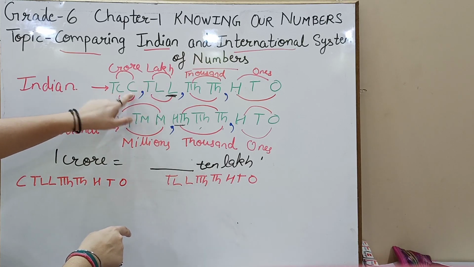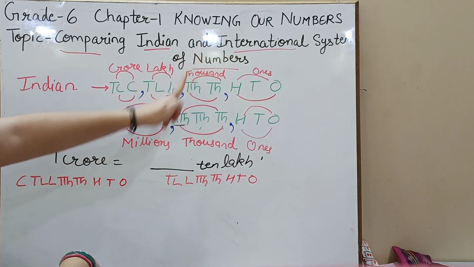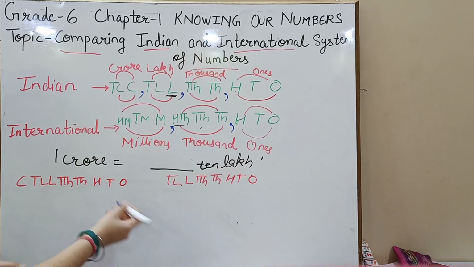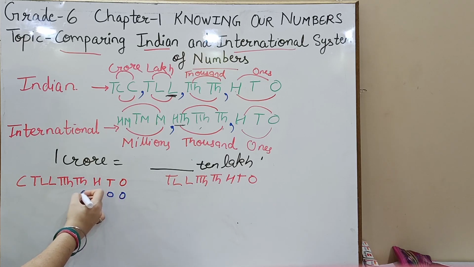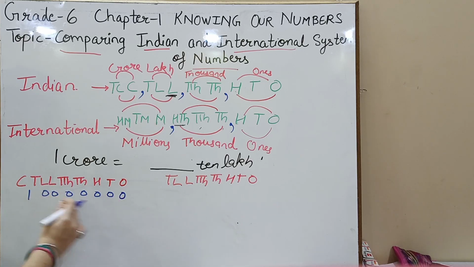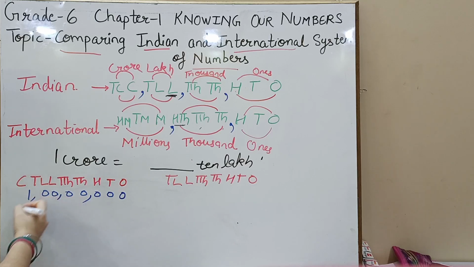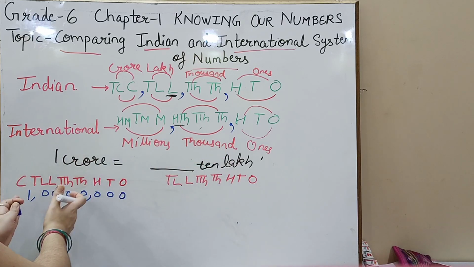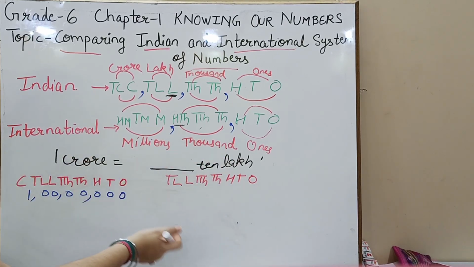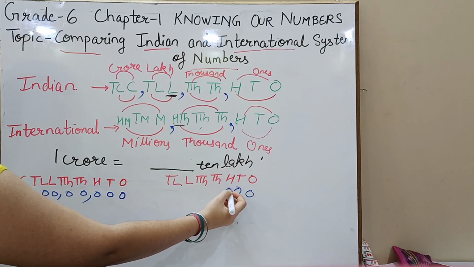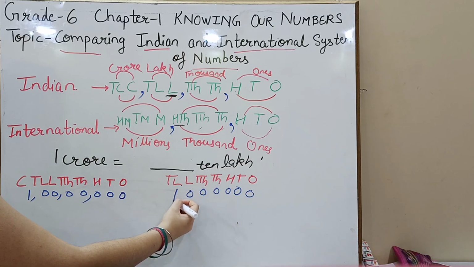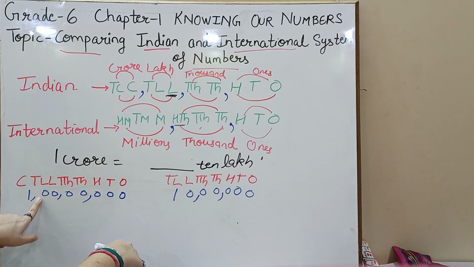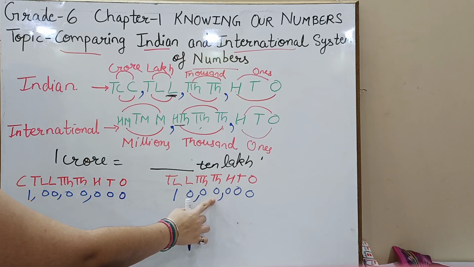अब 10 lakhs को हम किससे मल्टीप्लाई करेंगे कि हमारे पास करोड़ आ जाए. लॉजिकली जब आप मूव कर रहे हो आपको पता लग चुका होगा, बट स्टिल अगर हम यहाँ पे देखें तो इफ आई पुट द नंबर्स 0, 0, 0, 0, 0, 0, 0, 1, this is my 1 crore. I want to see how many 10 lakhs will combine. What should I combine so that I form 1 crore? 1, 2, 3, 4, 5, 6, 7. Count the number of zeros. 1, 2, 3, 4, 5, 6, 7. And here how many zeros? 1, 2, 3, 4, 5, 6.